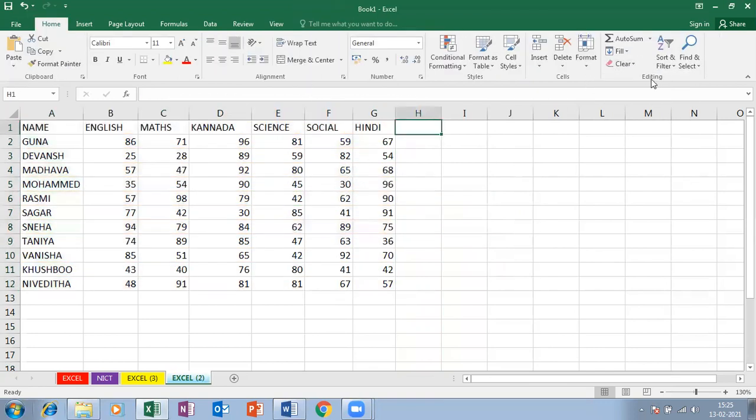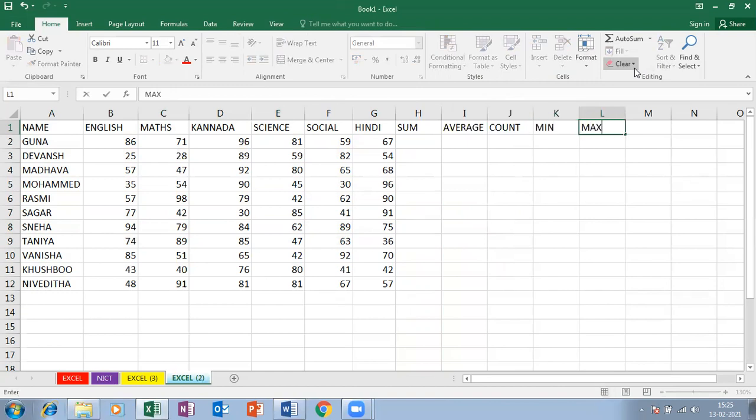So now for this, we are going to do all these functions: sum, average, count, maximum, minimum. So sum, average, count,